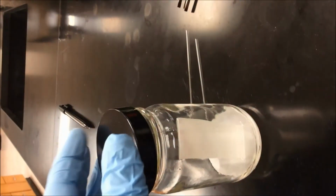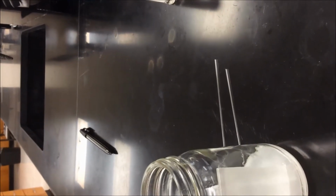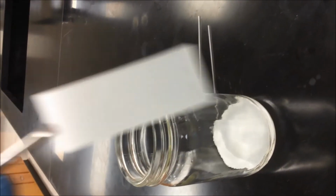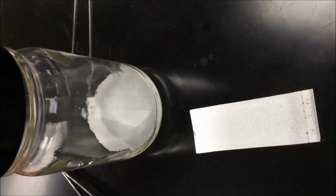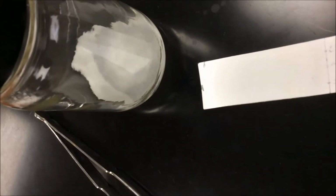So I think it's now ready to be removed from the TLC jar. I'm going to just use a pair of forceps and take that out. And before your solvent front dries up, mark where the solvent was, and I'm going to use a pencil. So I'm going to mark where the solvent was, and you can hopefully see